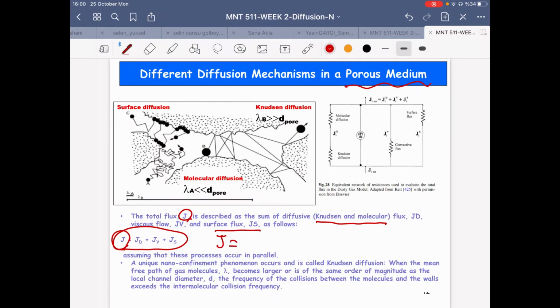It has some JD, whatever is called JD. This is the Knudsen and molecular, and there is some viscous flow. Okay, maybe that's called the bulk flow, and some surface flow. So there are these different flow mechanisms that are happening in my porous network, and they